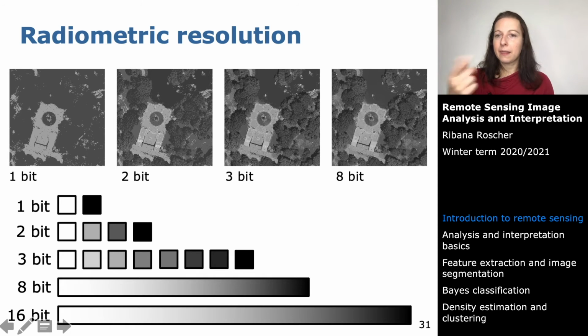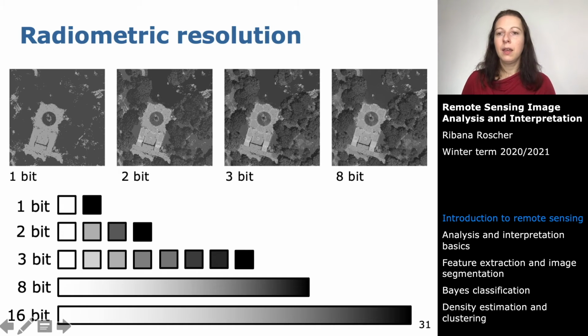So illustrated here is one example for a 1-bit image. So you can only find 2 intensities in this image. It can be black and white, it can be also other colors, but the most important thing, only 2 different